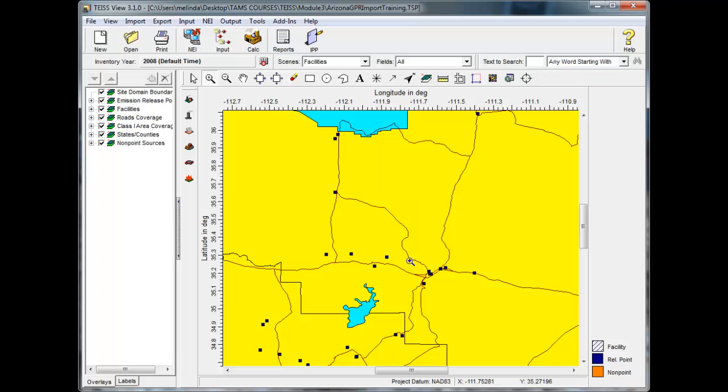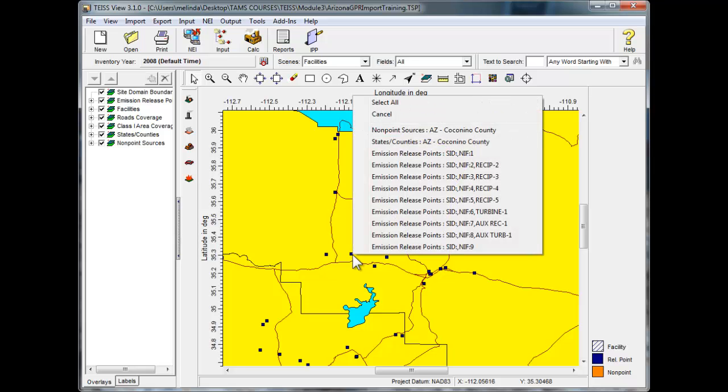And I need to change the icon to the arrow to do that. So I'm going to click on the arrow. And then I'm going to click on this point right here to view what that point is. And what that brings up is it shows that I'm in Coconino County, and it shows the emission release points associated with that facility. And that means that I'm not zoomed in quite enough to see the actual facility itself,